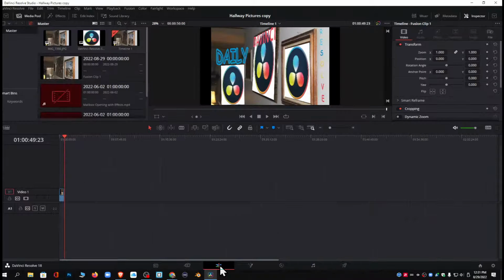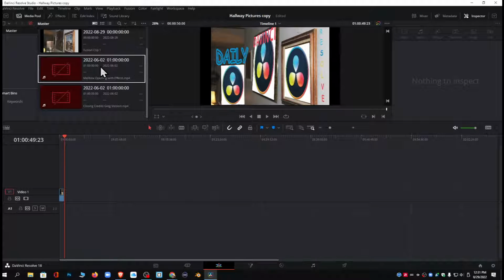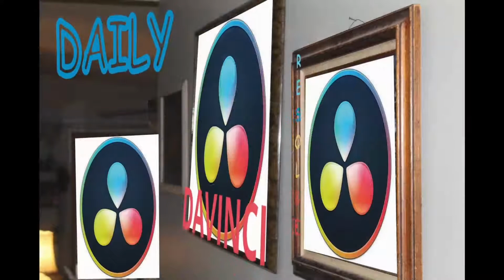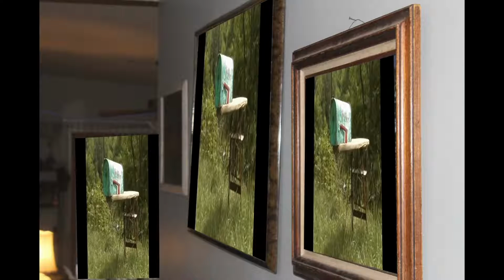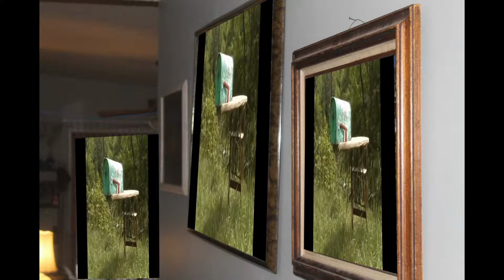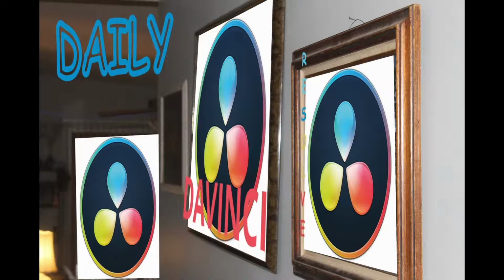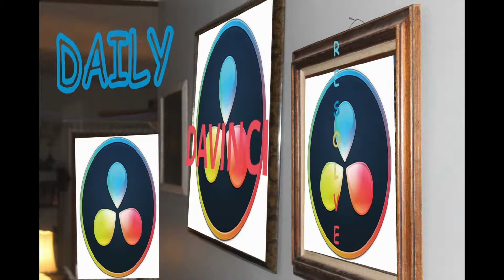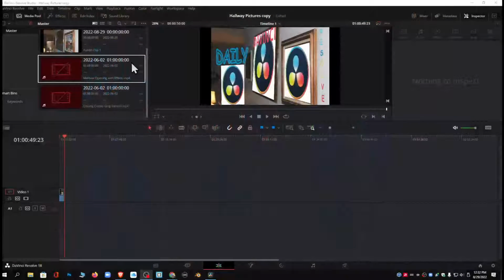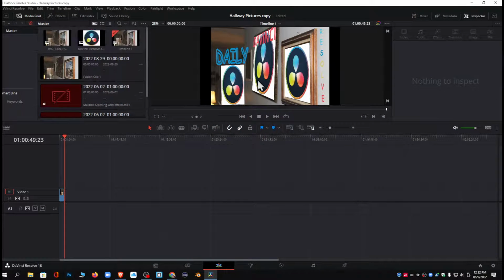So first thing we'll do is go over here to the edit page and you'll see there's some red right here, and that's because I just reused a previous opening, which I think we all know would be this one right here. There we go. So I just reused that opening, and then I went to this and I just changed some things around by adding the Davinci Resolve logo and the text,